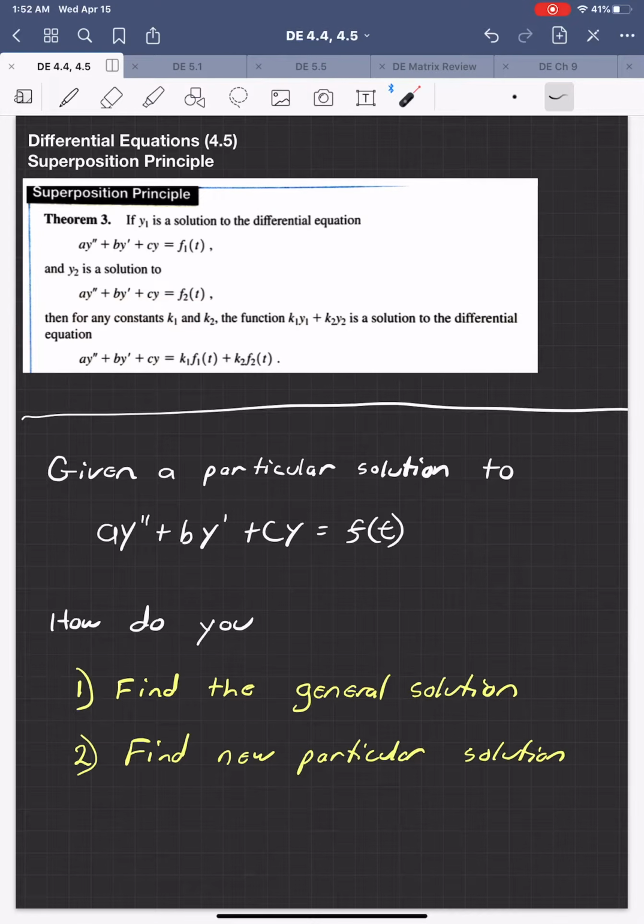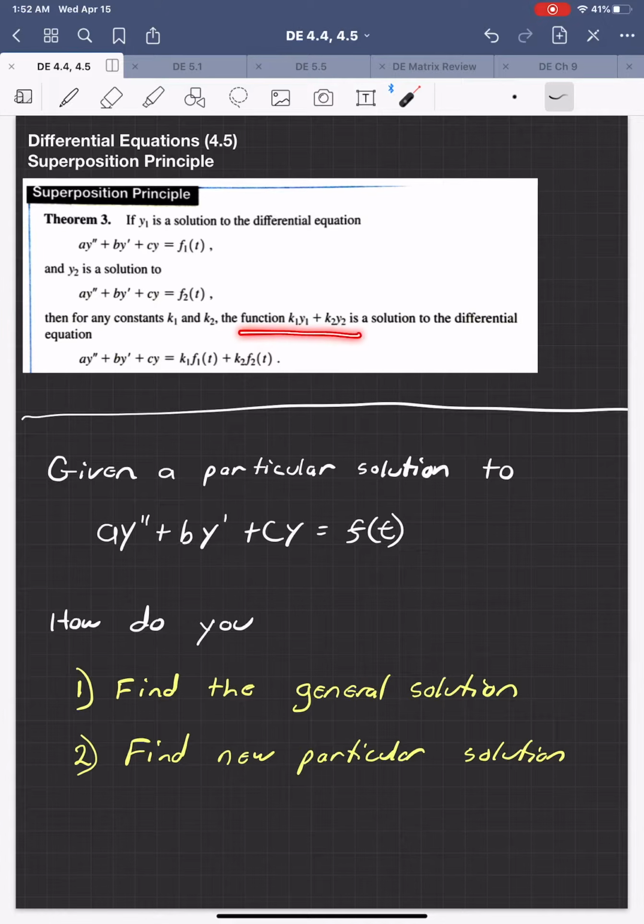or wait, let me restate that. We have two second-order non-homogeneous differential equations. Now, what we're told is y sub 1 is the solution to the first equation. Y sub 2 is the solution to the second equation. The principle says then for any constants, now we use C, but k sub 1, k sub 2,